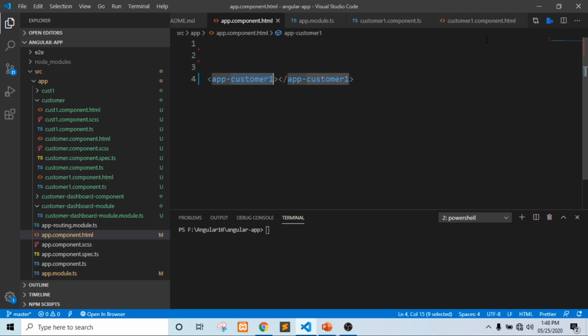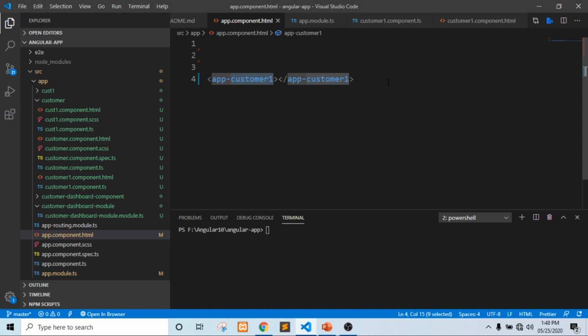Although we have created this customer one component, how is the app component going to know that there is another component, app-customer-one? The app component is a different component, and customer one component is a different component. So how will these components know about each other?